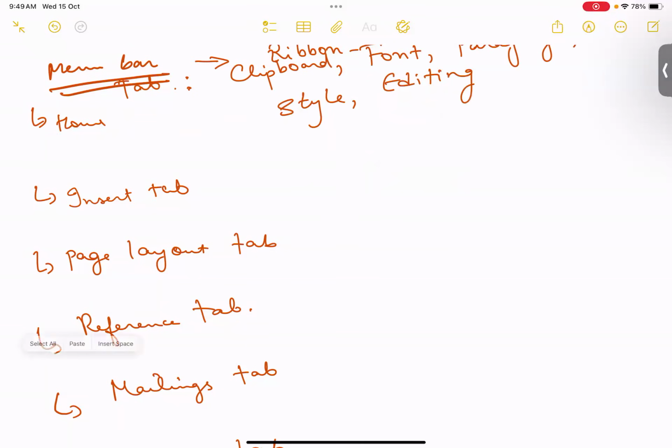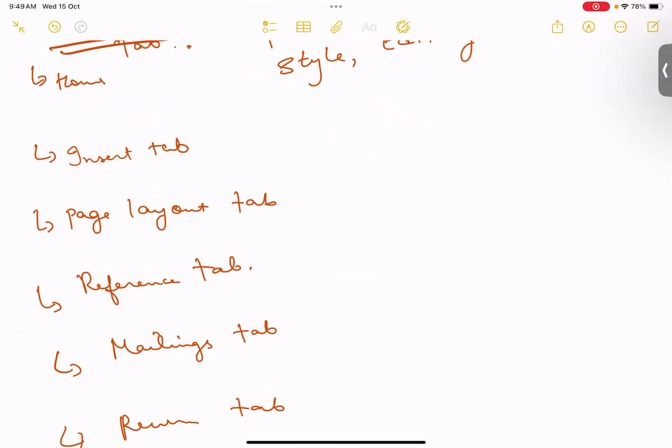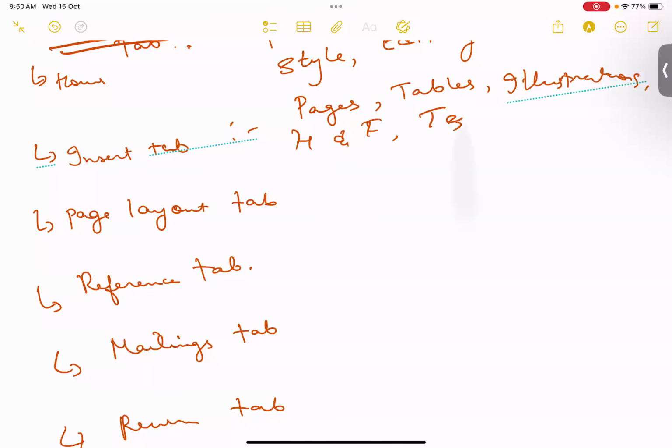Within the home tab. Now, if you click on the insert tab, it will have things like pages, tables, illustrations, header and footer, text, symbols, okay? So header and footer are just like, for example,